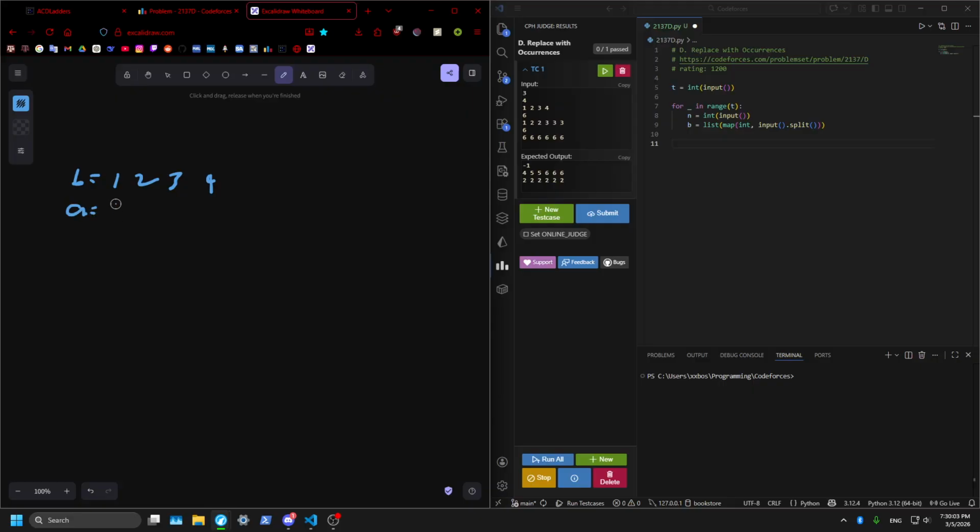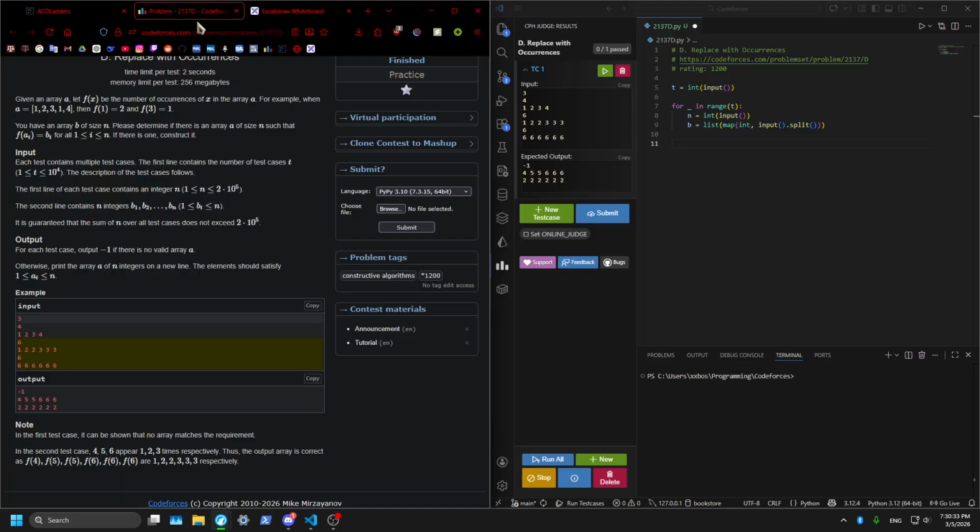If a was equal to 1, 2, 3, 4, f of 1 equals 1, okay, f of 2 equals 1. Because, okay, so we would need two 2s, and then three 3s, and then four 4s. That wouldn't work. Right. So, now the last case,